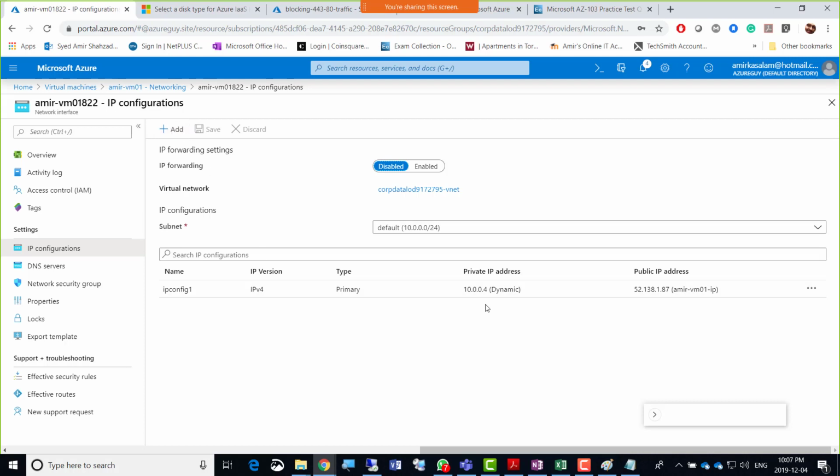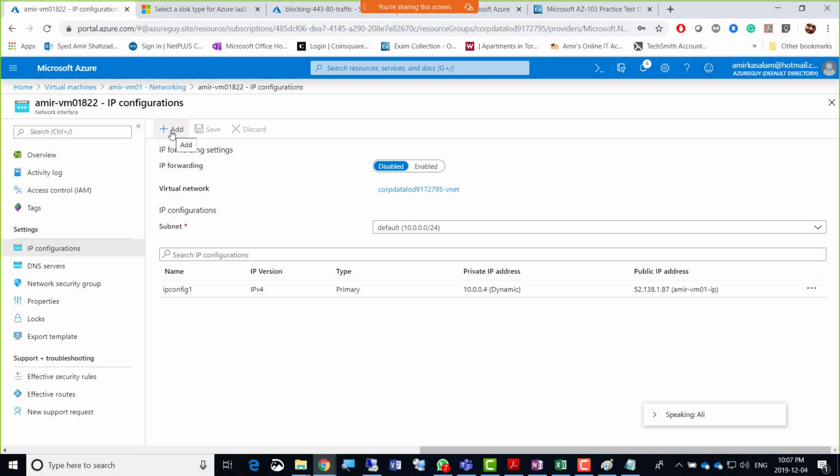So it already has a public IP, but Ali, was there a public IP already in the default network card of that machine in the exam? Hello? Yes, no, on the exam, there was no public IP, but if you go on IP configuration, it gives you the option of public on the top, and then you enable it, and it'll give you IP config 1.